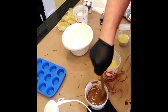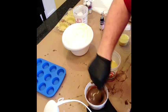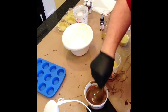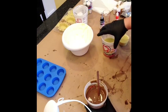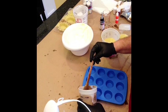I may actually have a lot more of this than I need. So I have some other cupcake molds I might break out. But I thought this size was kind of cute. Alright, so...